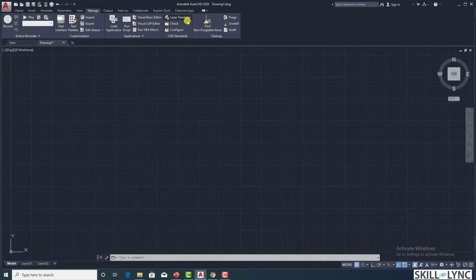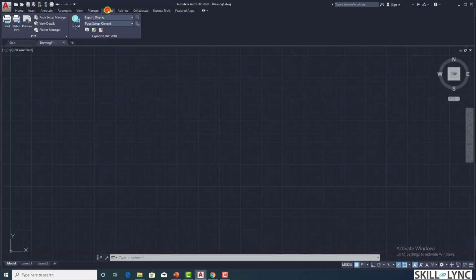And then what are the different CAD standards that you are applying to. And then finally, this is again a processing capability that will help to fasten your Autodesk interface. And in this output tab, you can control the way how you are exporting or printing your drawings. And in add-ins, suppose you have an additional third-party software that can work seamlessly with AutoCAD, then you can use this to integrate within this menu workspace.